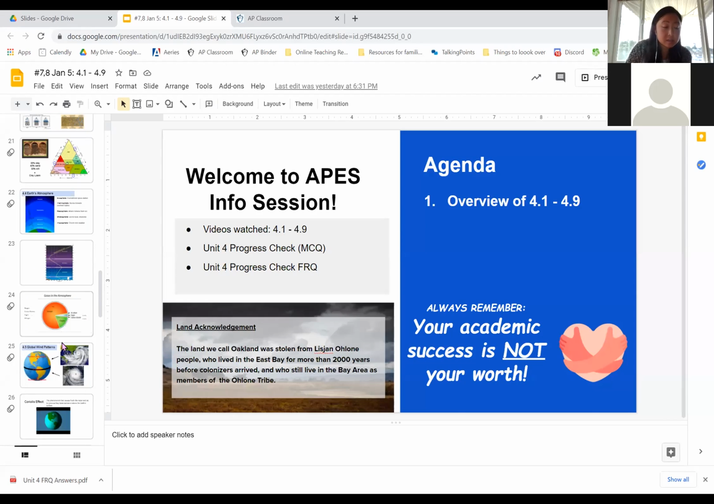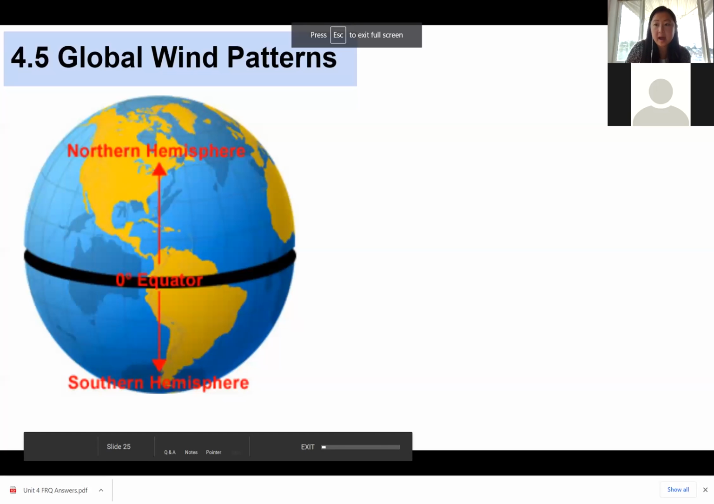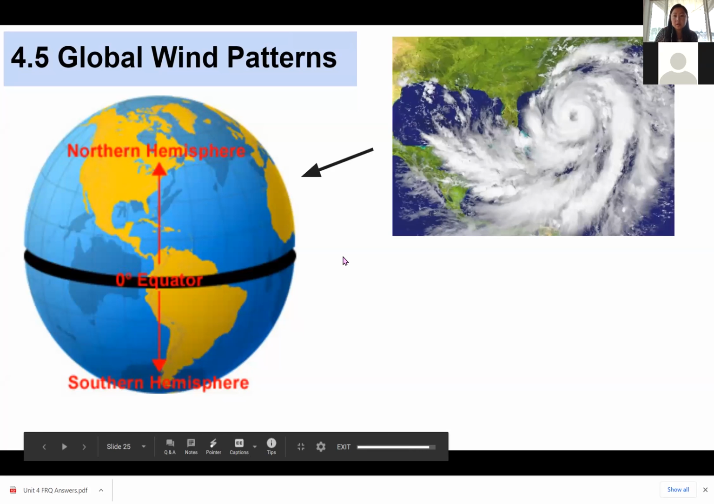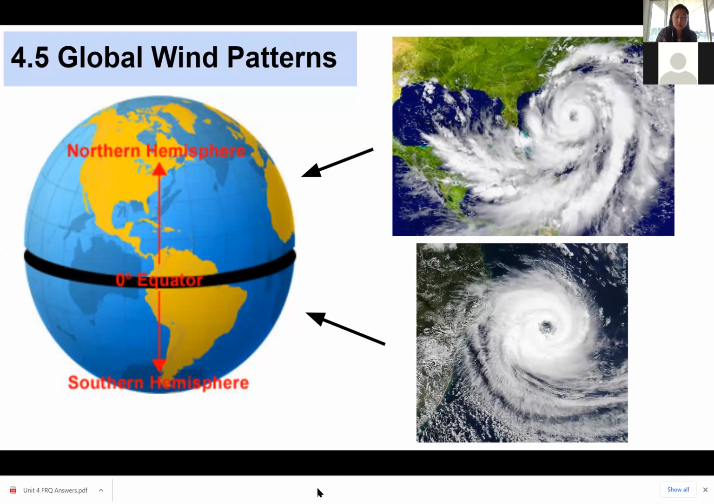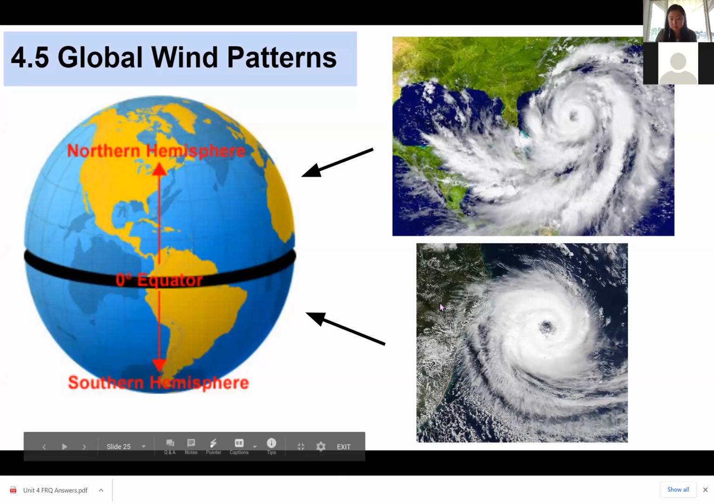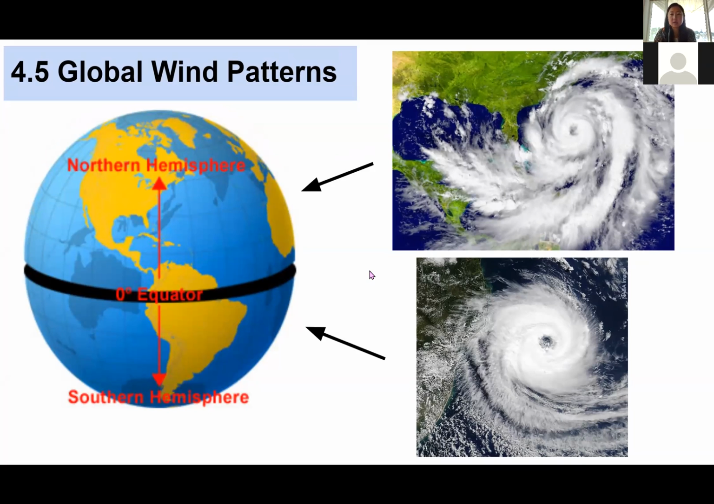So there's this phenomenon that happens where in the northern and southern hemispheres, when hurricanes happen, the hurricanes themselves spin in opposite directions. If you can see, one is spinning clockwise and the other is spinning counterclockwise. Let me know if my internet starts acting up. Okay, the reason that happens is